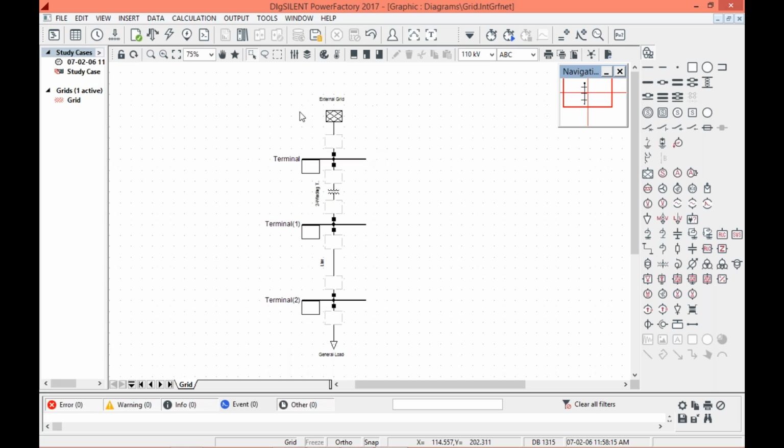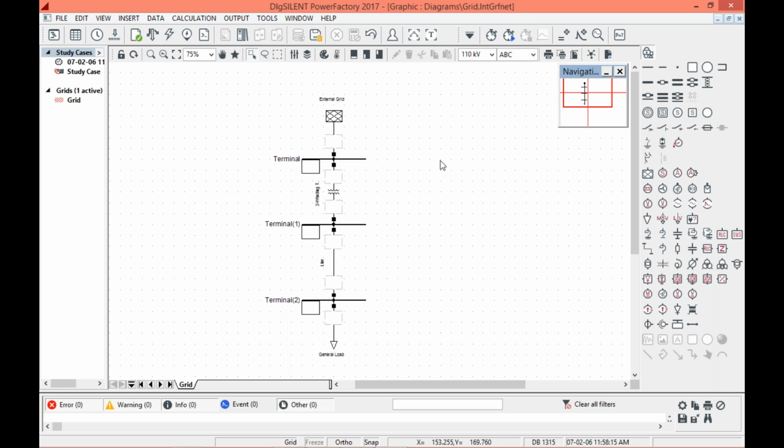Okay. So I have drawn a very simple network consisting of 3 bus, a one grid, after that a transmission line, and a one transformer with one general load. So our diagram is now complete. After this, I will design more diagrams. I will analyze the load flow analysis on those. So right now,